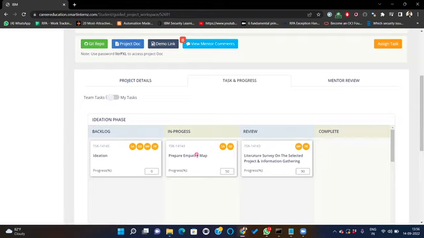So only Sai Charan and Sandeep can move this card to the in progress or review section. Mamata cannot go and move this card. As I am a team leader, I can move all these cards from one phase to the other. But if I am team member one, I cannot move the tasks of team member two.